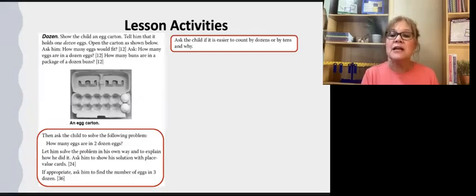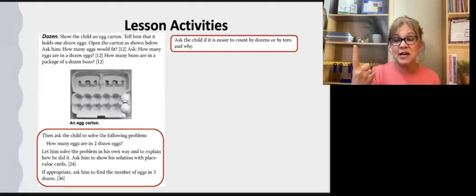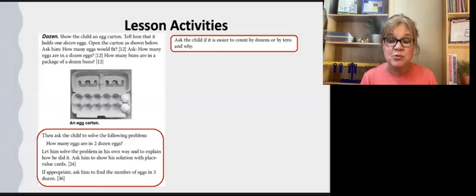Now, this question, take a listen to this. This question is not foundational to your child's learning of the material. Remember the objectives. What were the objectives? We were learning about dozen, and we were also learning about partitioning 10. Now, this is a great question to ask, and you might even want to try it and see what your child does with it. But this is not foundational to those objectives. So in that case, you can skip it.